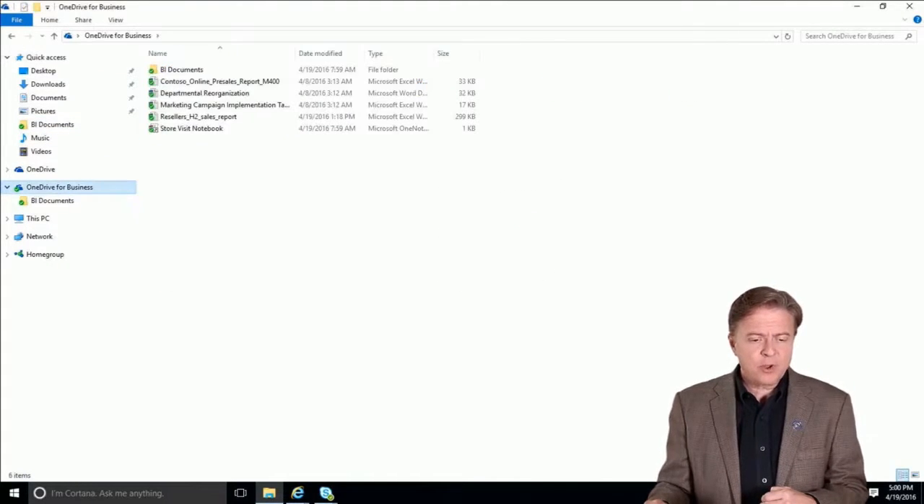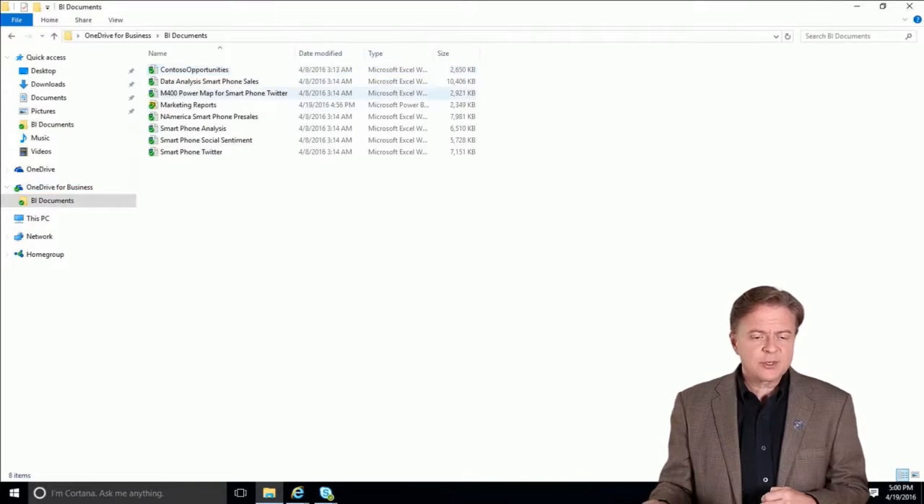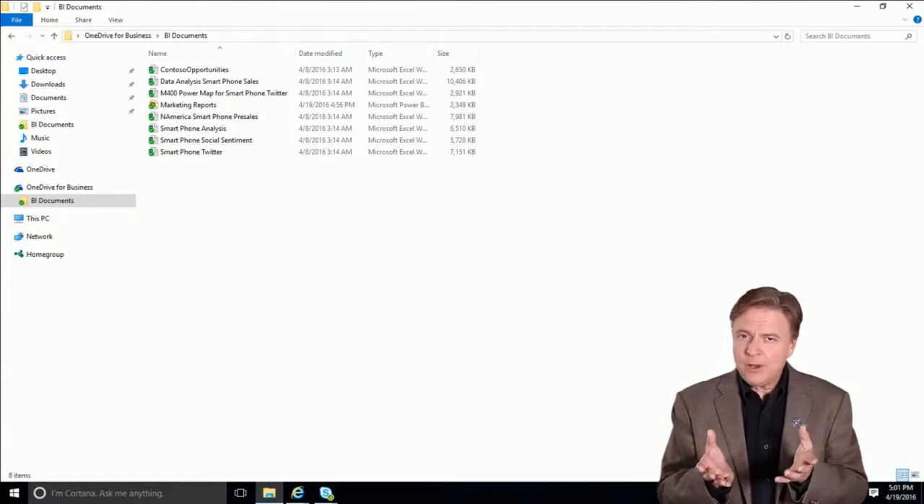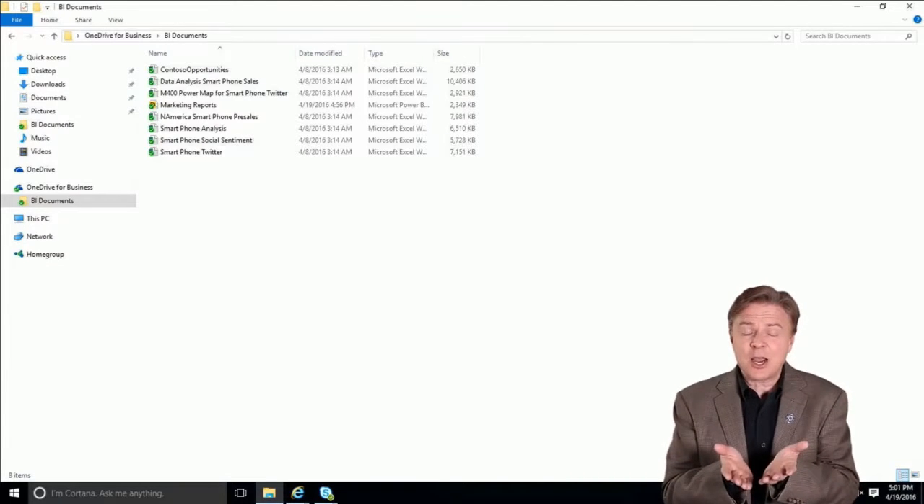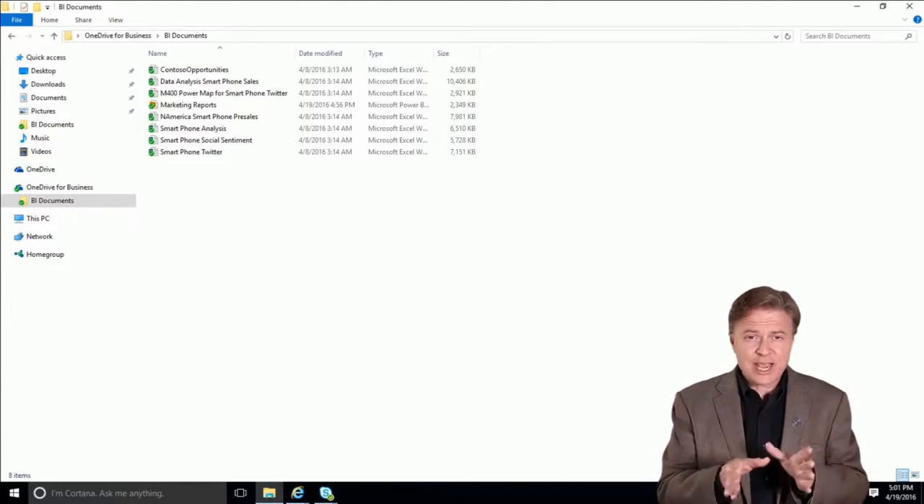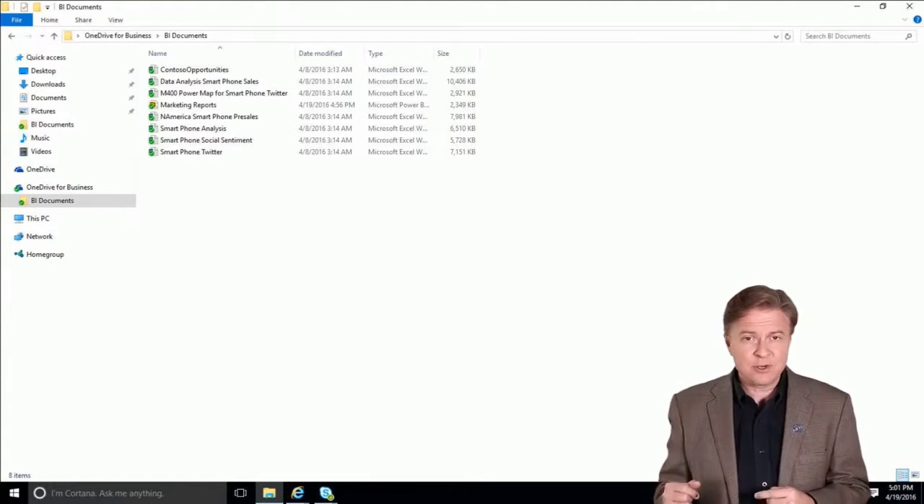When I open up my OneDrive for Business, this gives me all the documents that are in the cloud that I have access to. Well, why is that important? That means I can get to these documents from any device, regardless of whether I actually own that device or not. As long as it has internet connectivity, I can get to my documents and work on my